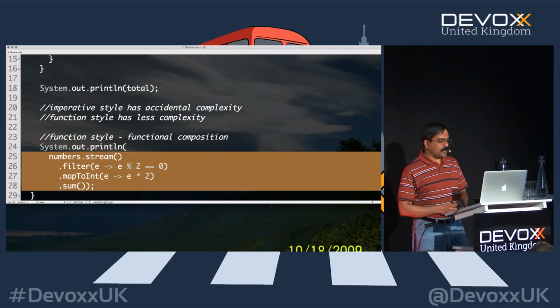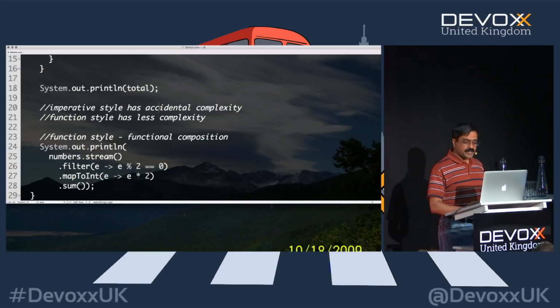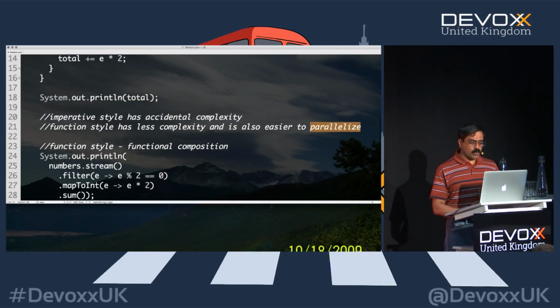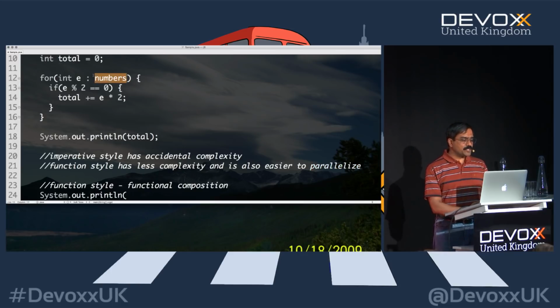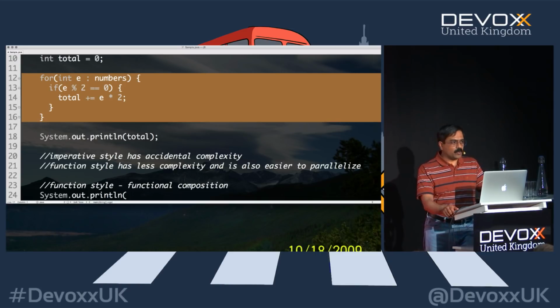But for our purpose here, another big benefit of this is not only does it have less accidental complexity, but it is also easier to parallelize. And this is another really big benefit of the functional style of programming: it's easier to parallelize as well. If you had written code like this before, where you had written code with imperative style of programming, imagine you wrote these kinds of for loops all through your code, and you have tons and tons of these for loops.